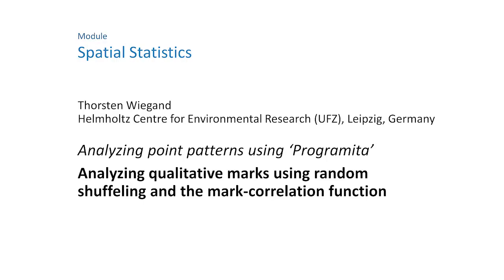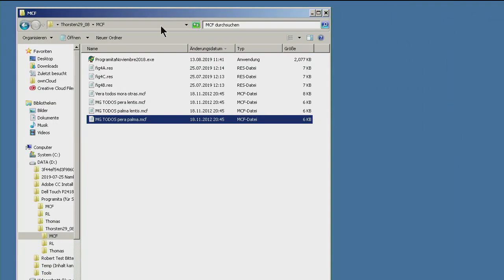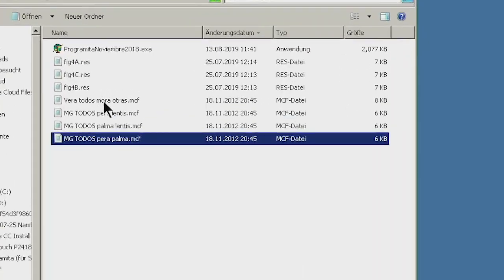Now I want to show you some examples for the use of mark correlation functions based on José's data. First I show you the data you need. You go to the folder where the data are placed and where the Programita version is placed. And in this folder you have